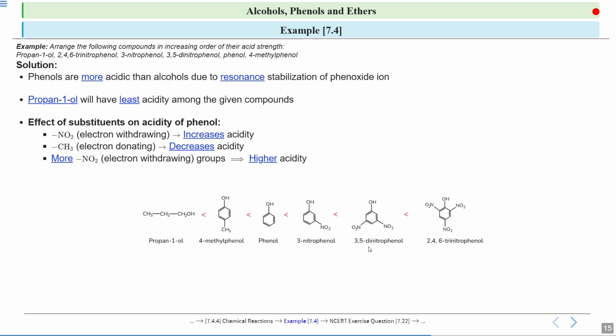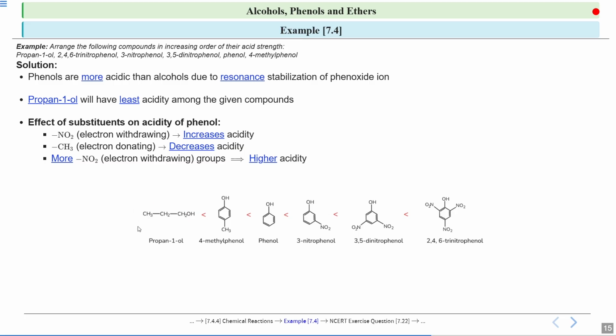Now see 3,5-dinitrophenol. In this there are two NO2 groups, so this was more acidic. And here there is only one NO2 group. Now phenol, in this phenol there is no electron withdrawing group attached. I told you if the electron withdrawing group is attached at ortho and para position, then the acidity increases more. Now look at this. In this, an electron donating group is attached to this phenol. If an electron donating group is attached, it donates the electron density. The electron density on this oxygen will increase, which will make this OH bond less polar. So it will not easily donate its H plus. And see, this is alcohol.